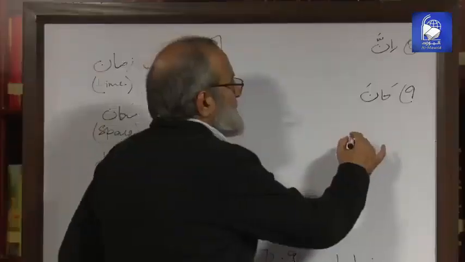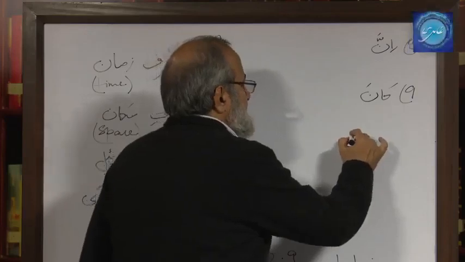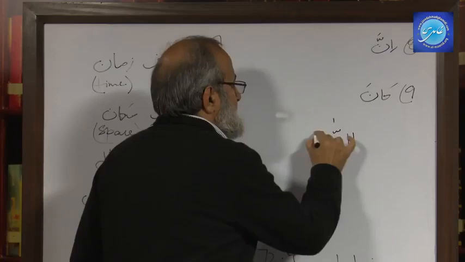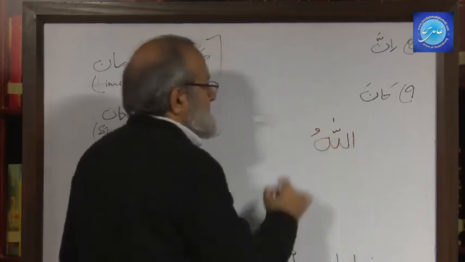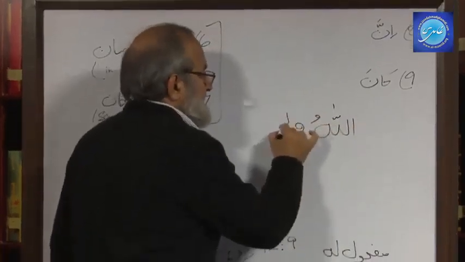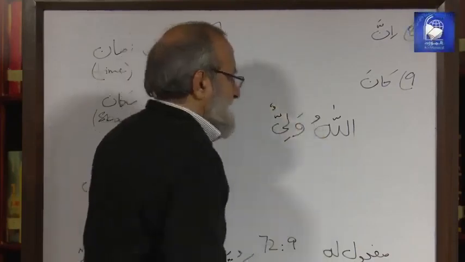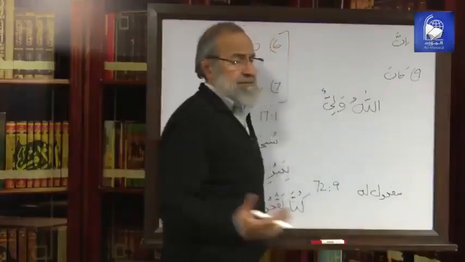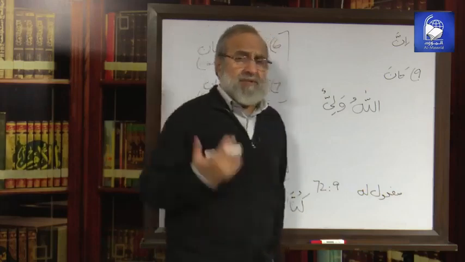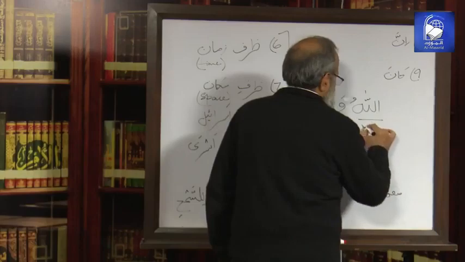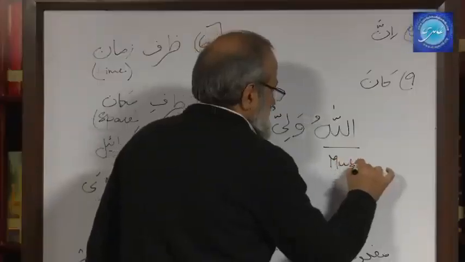For example, in the Quran you quite often find, for example, Allahu waliyun. Allah is the friend, the protecting friend. This is a complete statement, a complete sentence. Here Allah is mubtada,